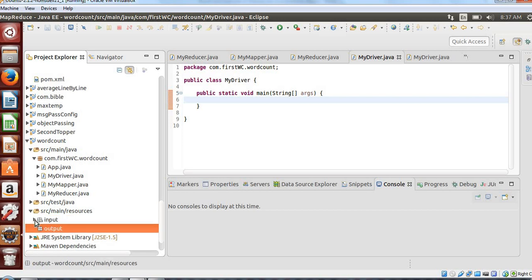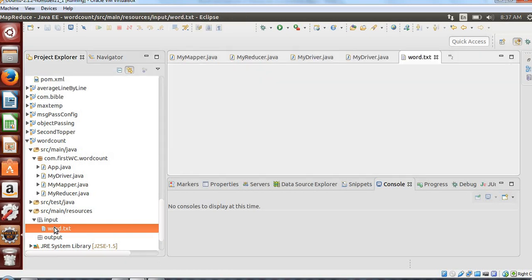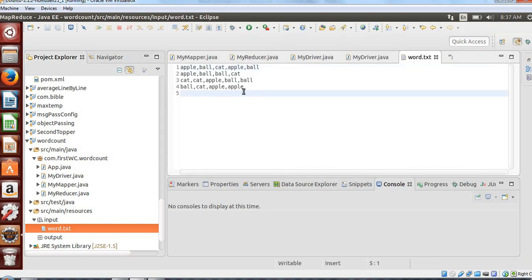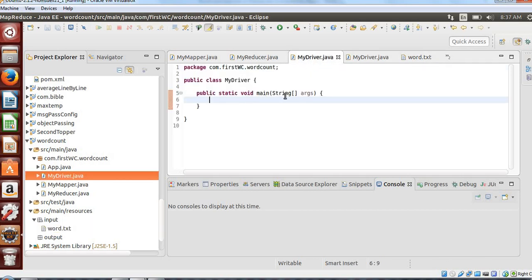Okay, so now let me start the code for configuring the files. Most of the time it's usually the same. So we'll start in this way.